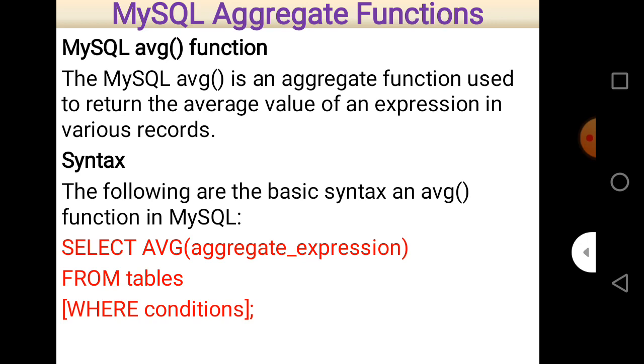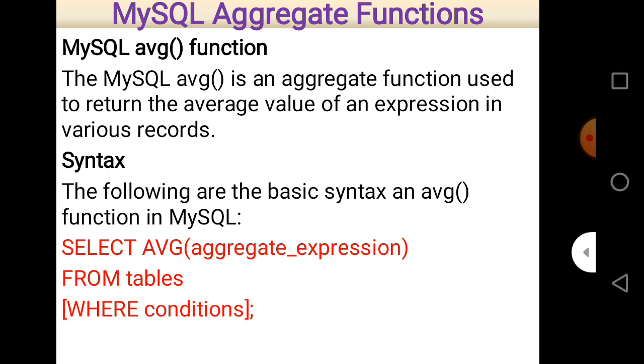So just write select, after that AVG, the name of the average function, and the aggregate expression where you want to find the average value, and then after that the table's name. It may be a single table or different tables. Aggregate functions may belong to different tables, but most of the time they belong to a single table. And the condition at last is optional.